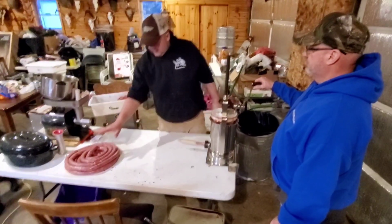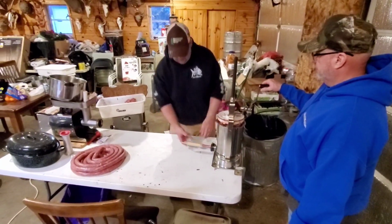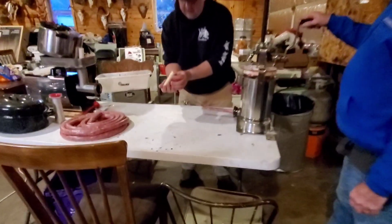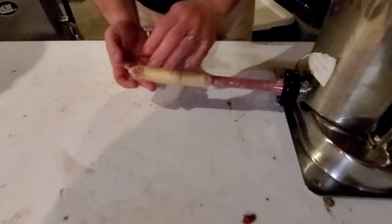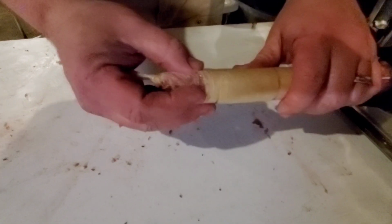So we've already done one batch here, and I'm about to stuff another one. I'll show you how to do it. This whole tube casing here just slides right on. This end has a knot, so make sure the knot's facing out. Slide it all the way down,